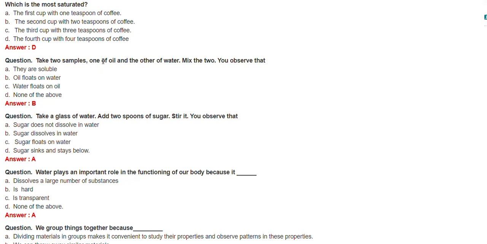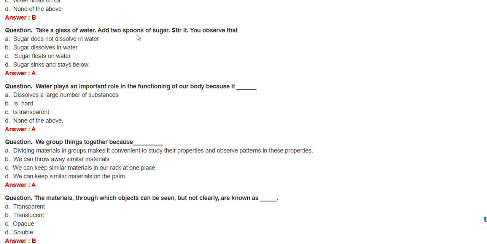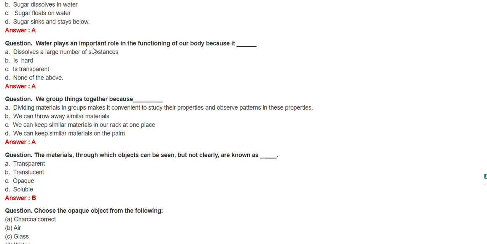Next, take 2 samples, one of oil and the other of water. Mix the 2. You observe that oil floats on water. Option B. Take a glass of water, add 2 spoons of sugar, stir it. You observe that sugar does not dissolve in water? Option A answer. Water plays an important role in the functioning of our body because it dissolves a large number